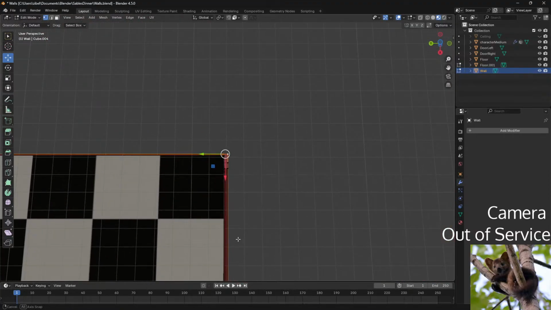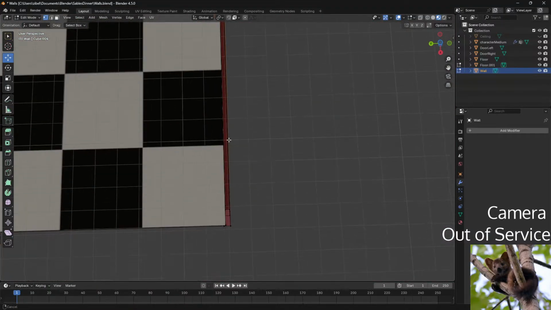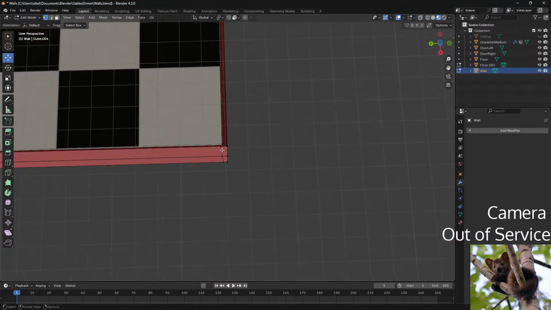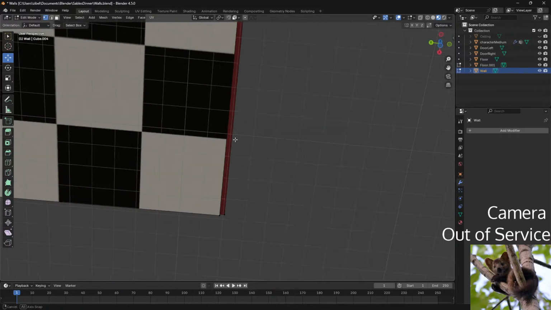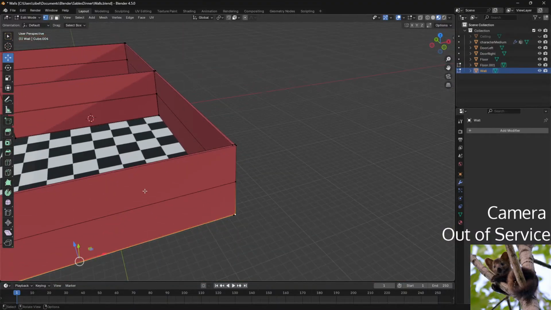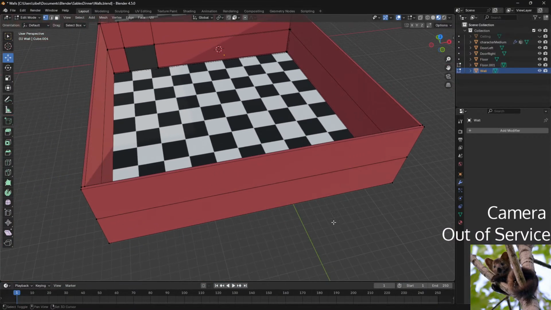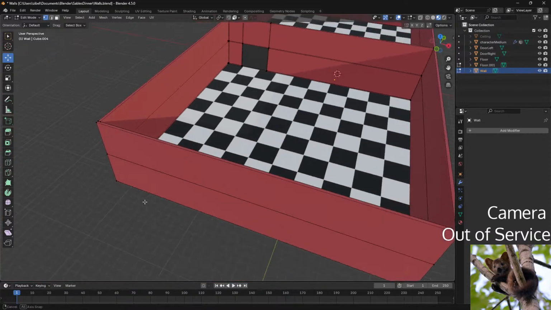So, I do the same at the... Yep. At the bottom, and it should be good. Wait, what did I do? Well, good enough. The point is...